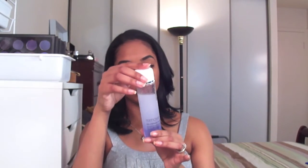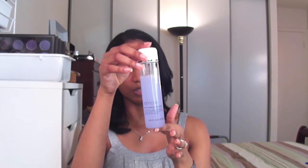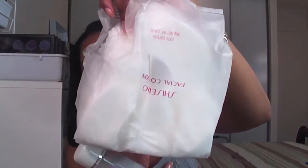But it's one of those dual active products, where you have to shake it pretty much, because it separates and you have to shake it to activate it. So shake it up. And I've been using my Shiseido facial cotton, because I find these really soft and really